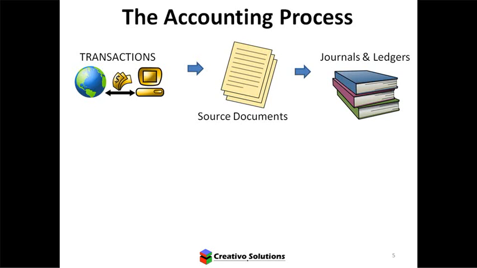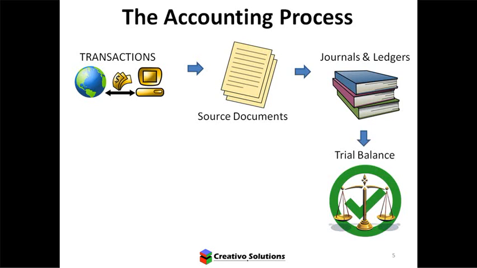So what do we do with all of these journals and ledgers? Remember, these are accounting records. Well, someone needs to check that those records are accurate. Remember, the end result we spoke about is the financial statements. There's no point generating a set of financial statements if those books aren't accurate, and if there are mistakes or errors, the financial statements aren't going to be reliable and accurate. And that's why we've got the trial balance. The trial balance is going to help us check that everything balances. We'll learn about the double entry rule at a later stage.